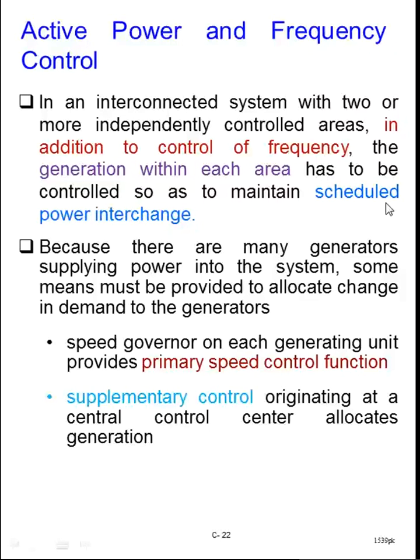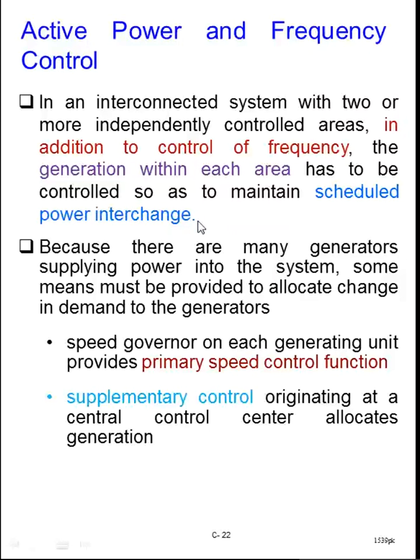As you may remember earlier, we had the terms load frequency control and automatic generation control. The control of the frequency will be part of the load frequency control. But if you talk about the control of scheduled power flow, then in addition to this LFC, if you have a scheduled power flow included,